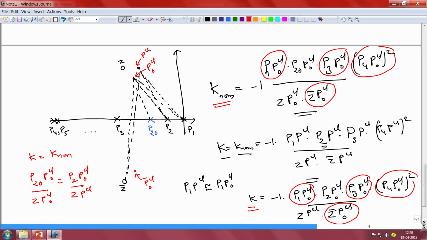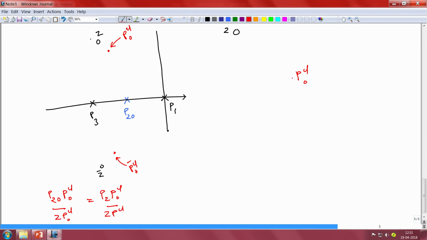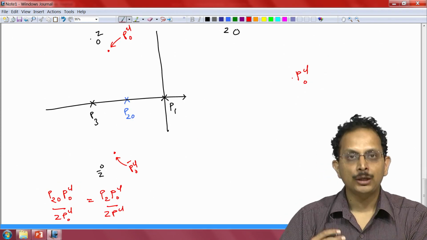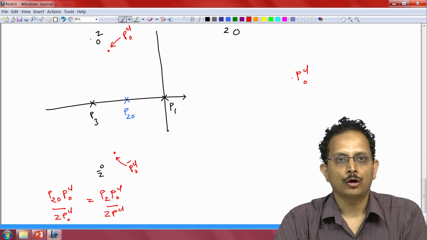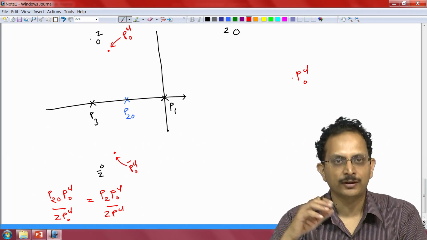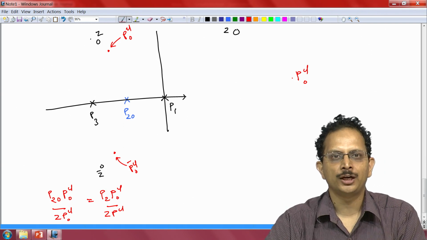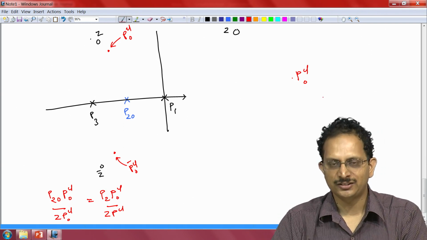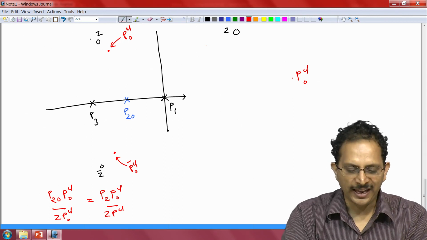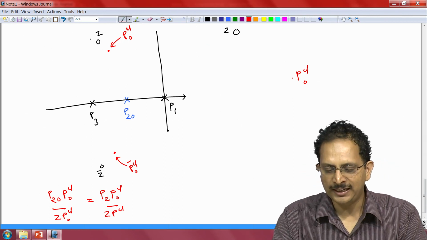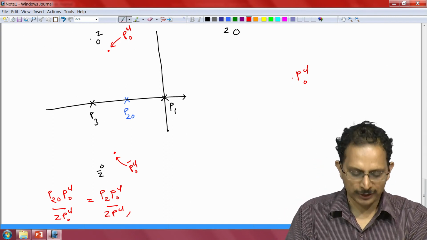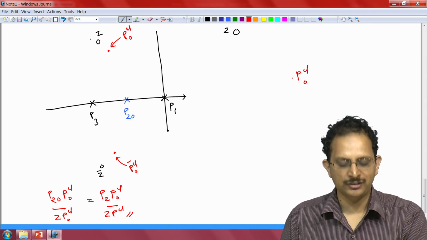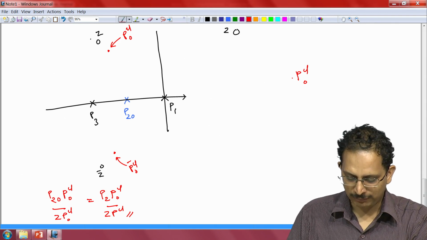Now, what is the geometric interpretation or meaning of this equation? To understand the geometric meaning of this equation, I have written down this expression once again, and above it, I have once again the complex plane displaying the locations of the different open loop poles and the desired dominant pole location. On the right hand side, I have separately zoomed in to the area near the 0 z and indicated the point z in relation to the point PCl naught. So let us return to this equation. P2 naught PCl naught divided by Z PCl naught is equal to P2 PCl naught divided by Z PCl.